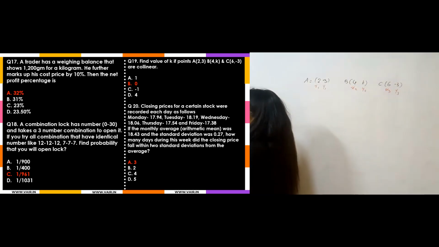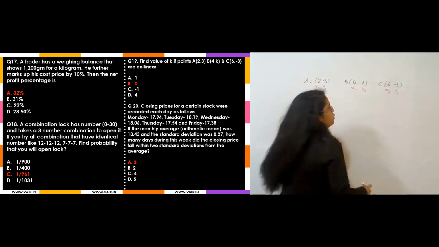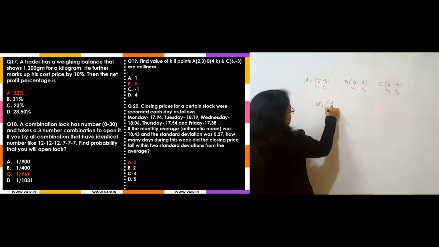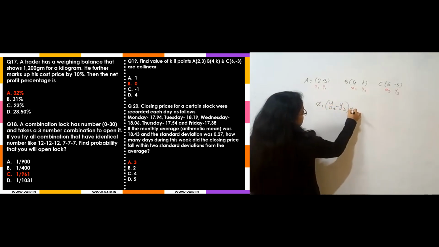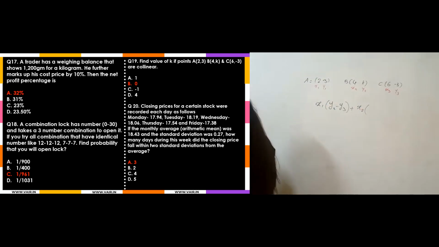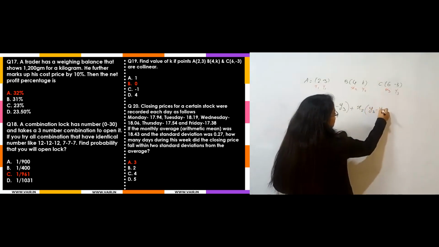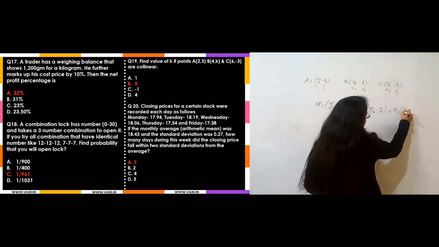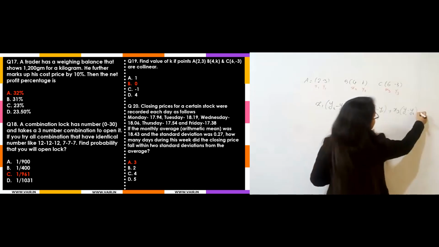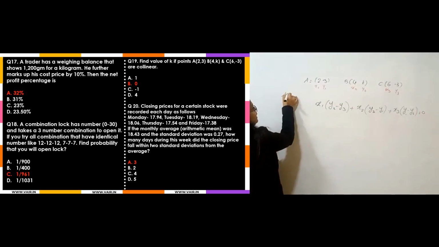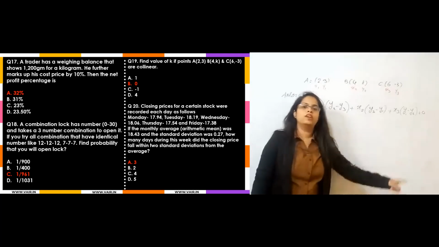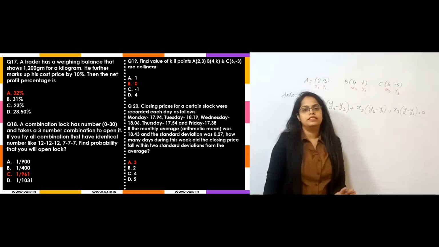And they are saying that if these points are collinear, for collinear what we do? x1 in bracket y2 minus y3, plus x2 in bracket y3 minus y1, plus x3 in bracket y1 minus y2. We do take like this, and it equals 0, because we say that the area of the triangle is equal to 0, where area is 1 by 2 of this. This 2 will go to the other side, so simply we have to put the values in this equation.